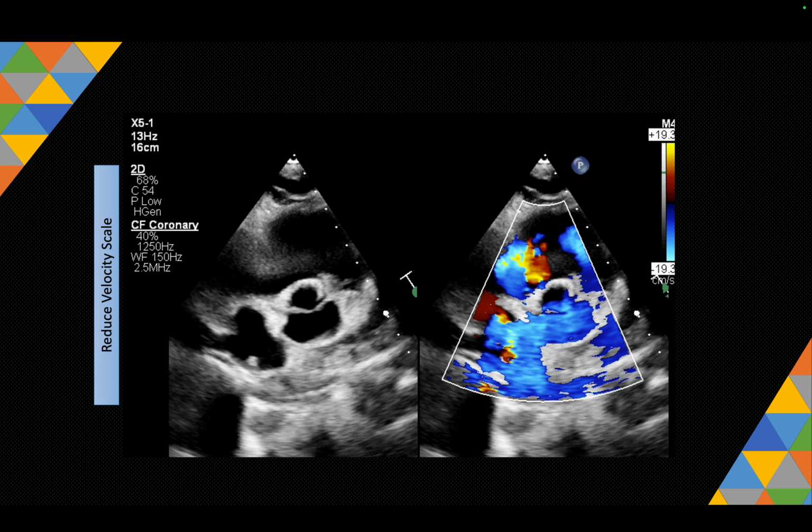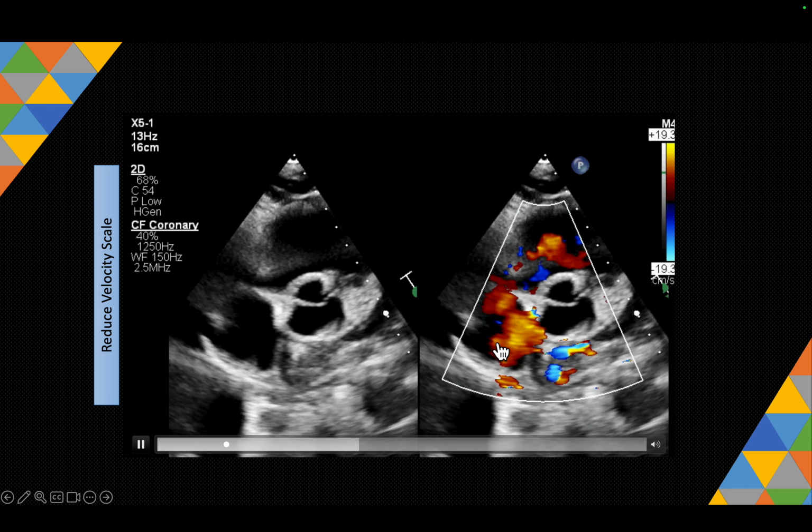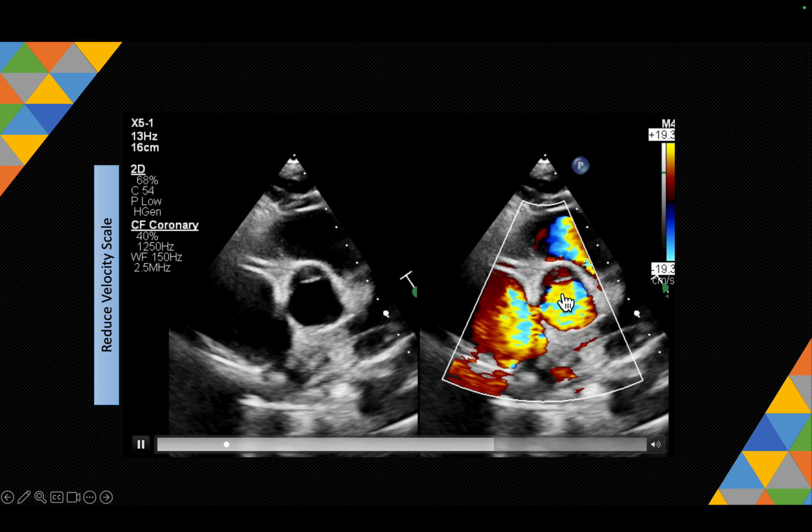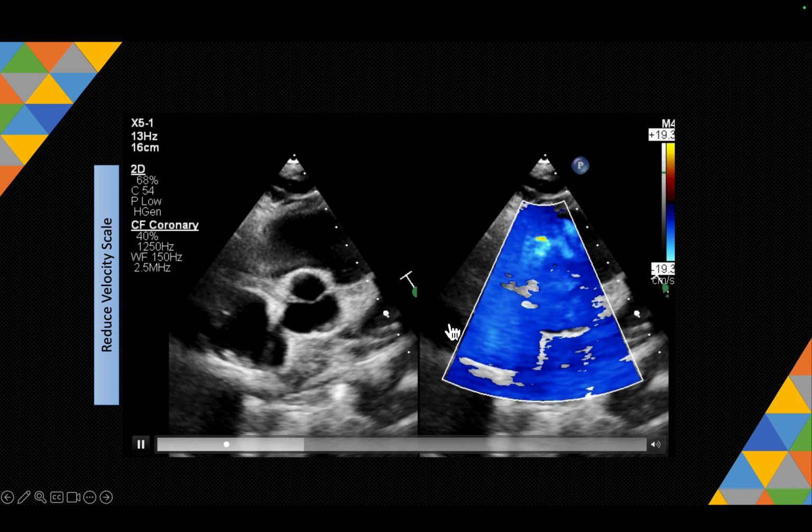Here you see the aorta, you see the right coronary artery, you see the right ventricle. This is a cross-section view at the level of the aortic valve, and you see a small pulmonary valve here as well. Now here you see the flow in the coronary artery, but this is a lot messed up because of the low Nyquist limit. A lot of blood flow is being seen, and how to improve upon that, you see it on